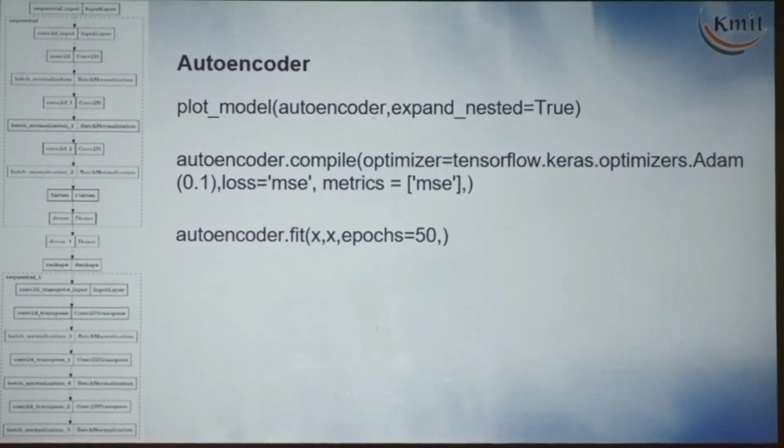So you are giving the image and you are expecting the same image back from this model. What is the use? Compress the image, send it somewhere over the network, and you can regenerate the image. That is the use case of this encoder.